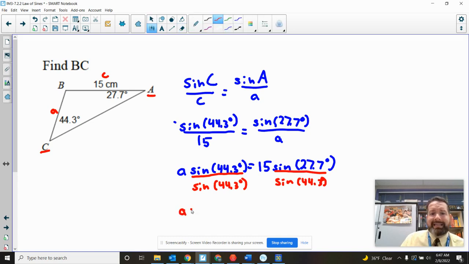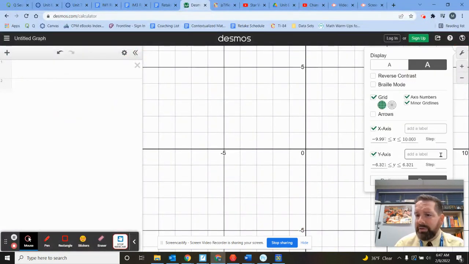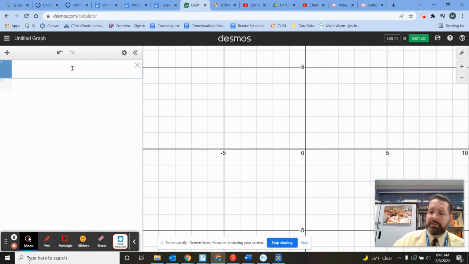So this side length that I want, because here that reduces with that, is equal to 15 times the sine of 27.7 degrees, all divided by the sine of 44.3 degrees. And at that point, I head over to a calculator. Quick check, make sure I'm in degrees. I am in degrees. So 15 times the sine of